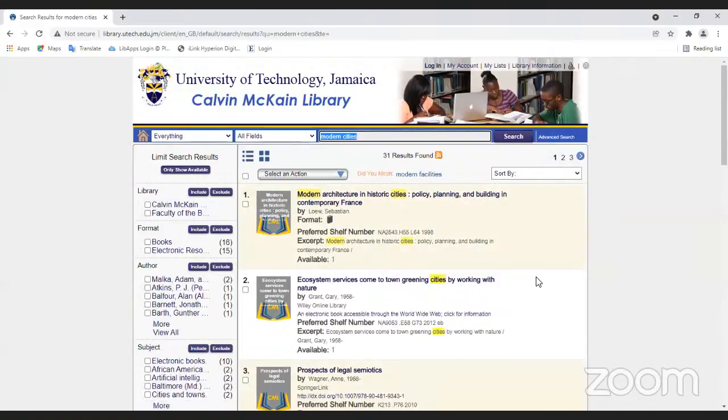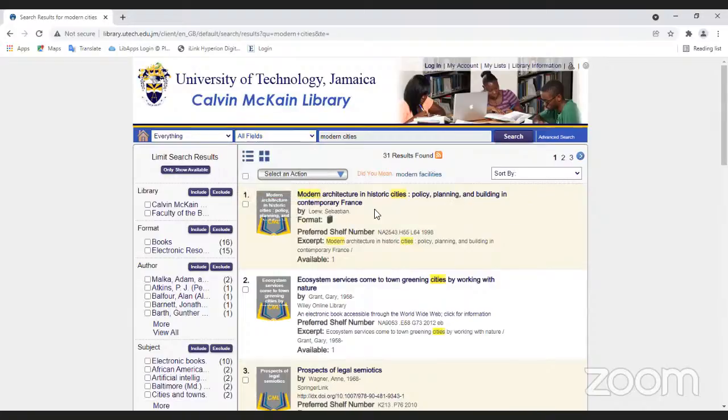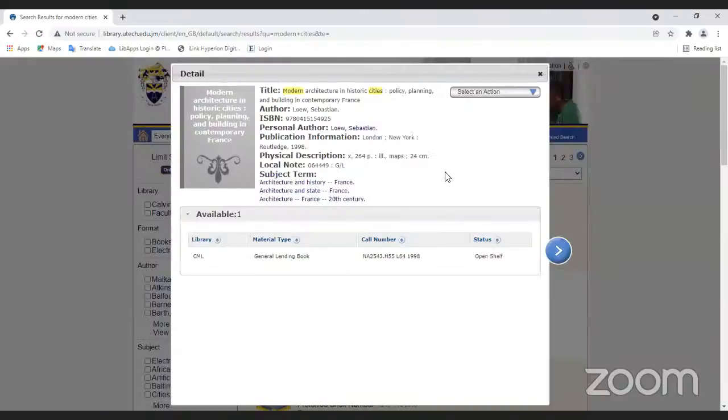All right. Now this will give you a list of books that is available. So I'm searching by just subject, or you can search by author, keywords, title, or subject. Even ISBN, if you know the ISBN to a particular book that you're looking for. All right, so you get your results. Let's say you want to look on this particular one. It will tell you